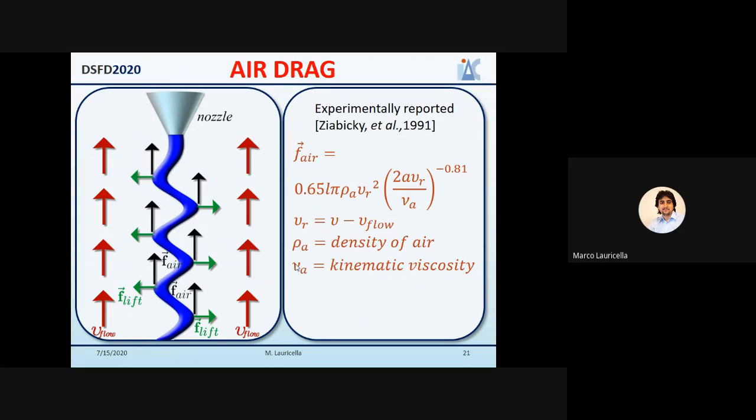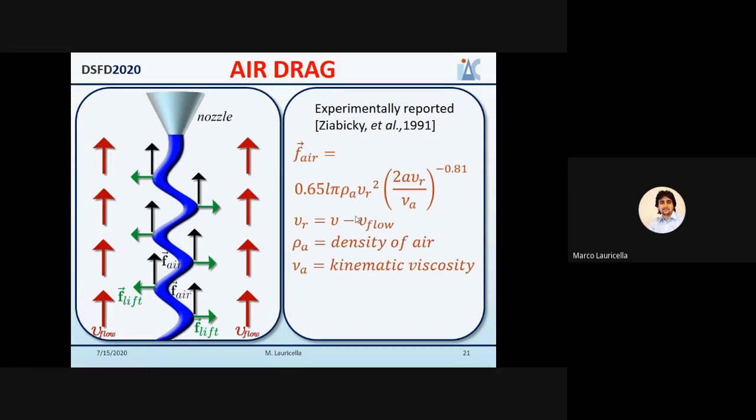he investigated the dynamics of a pendant filament hanged to a fixed point in presence of an airflow placed in opposite direction with respect to the gravity force axis. And in particular, we use this empirical law which relates the drag force to the length of the jet, which is this L, and to the relative velocity between the jet and the air, plus other parameters like the density of the air and the kinematic